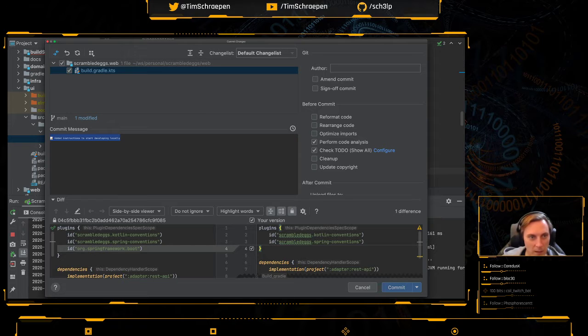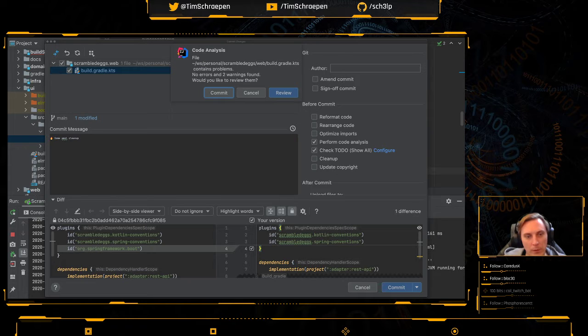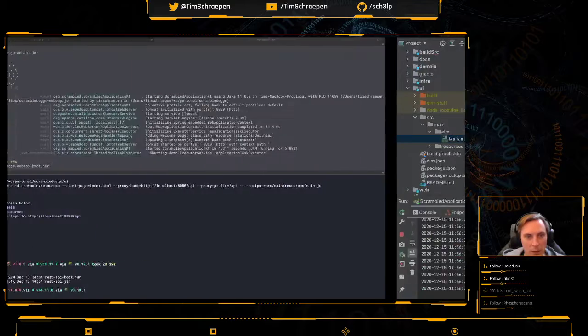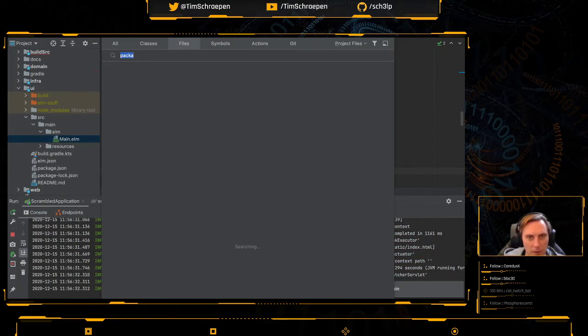This is some cleanup, so let's do that with the fire emoji. Some small cleanup, because I don't need the Spring Boot Gradle plugin in that project anymore, since it comes along with the Spring Conventions plugin that we've got now. Alright, so that I can just push, and now I think I've also created a